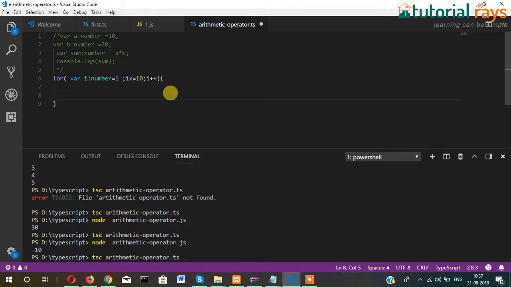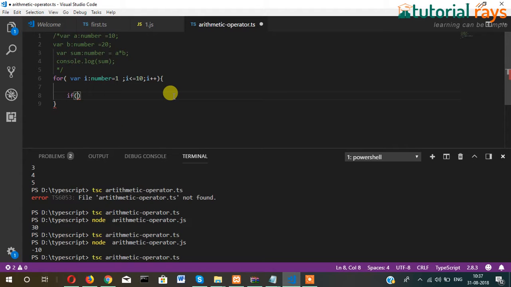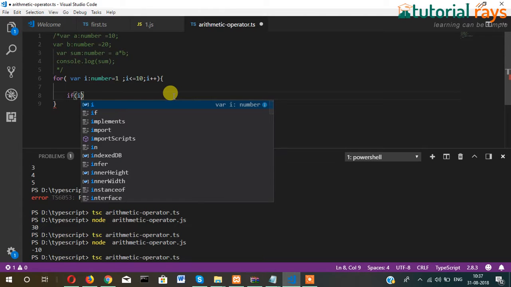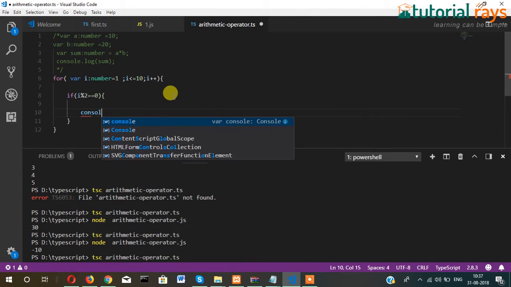We are finding the total number of odd and even numbers between 1 and 10. So we will write here if i modulo 2 equals 0, in that case, console.log